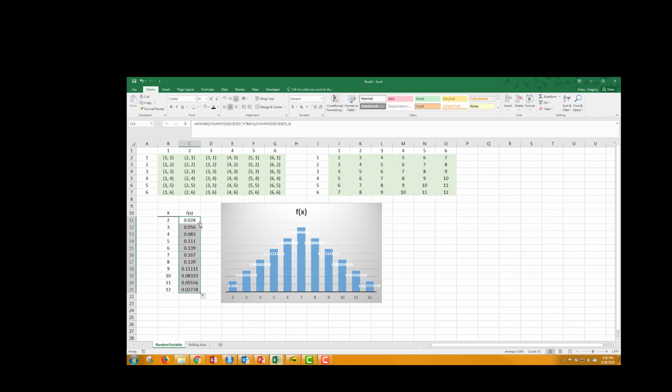Okay, so here's the idea. I roll a die, and I count the number. I add together the numbers that show up on the faces, and look at this. The number 7 shows up with the highest frequency. I expect it to show up